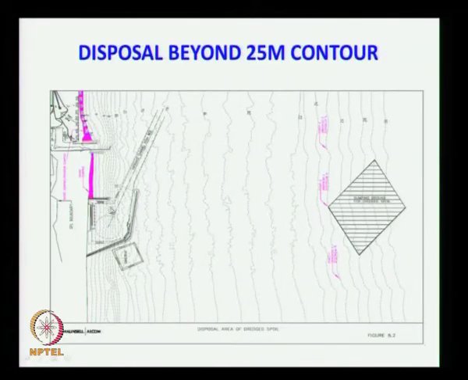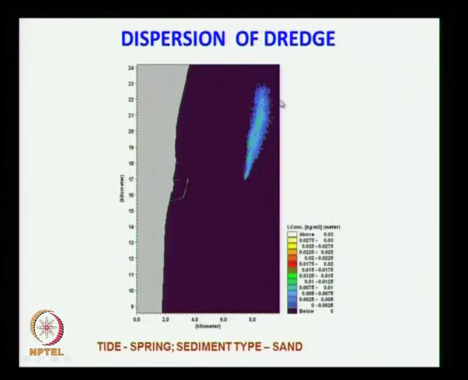Then some of the material what they are dredging here they will be taking it to a place somewhere here for dumping between 25 meter and 30 meter contour. So part of them will be going by pipeline between these 2 points, part of them will be going by rainbow technique from this point to this point. This is the sand trap and entrance channel where they will do some maintenance dredging and put it on the northern side. So this is the dispersion of the dredge material which is put in 25 meter water depth, how much depth it is increasing, that is what is shown here.